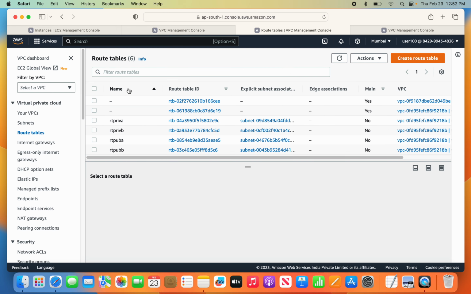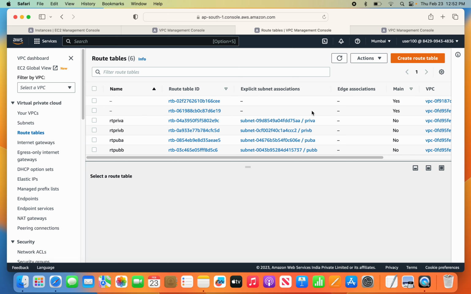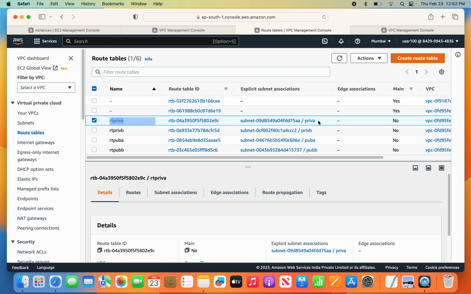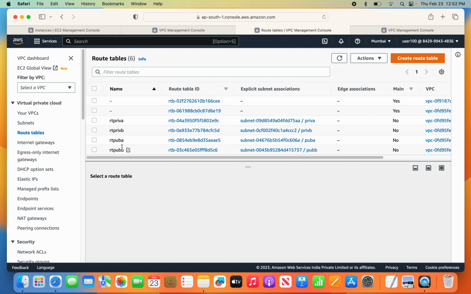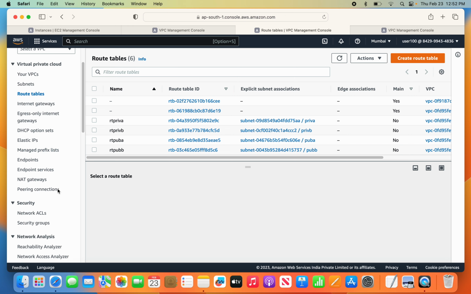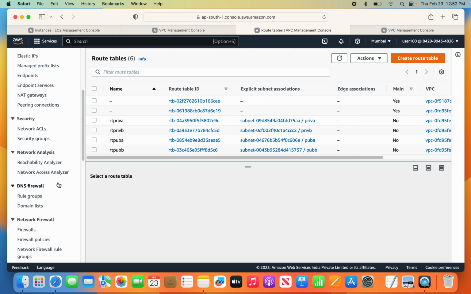Okay, now if I see, all my route tables are associated with my subnets, right? So priv A route table is with priv A subnet. Priv B route table is with priv B subnet. Pub A route table is with pub A subnet, and pub B route table with pub B subnet. So all my subnets are now properly associated with the route table. Now since everything is set up, and before moving on, let us also